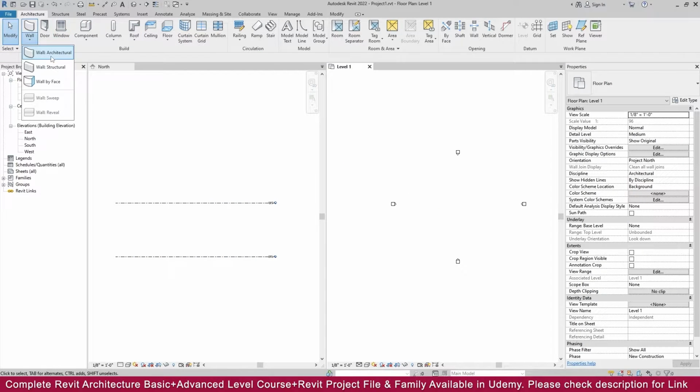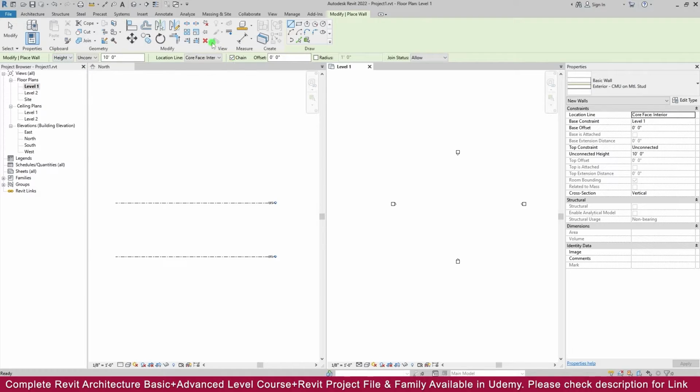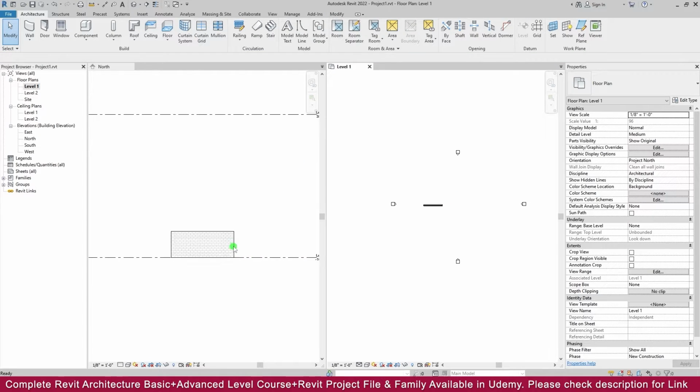Now I go to the wall, then wall architecture. Then here you can see the height. When you create the wall, whatever height you require, you can set using this option. If you enter some value here, then any wall you create will be created with that dimension. Now escape twice. Then if you select the wall,